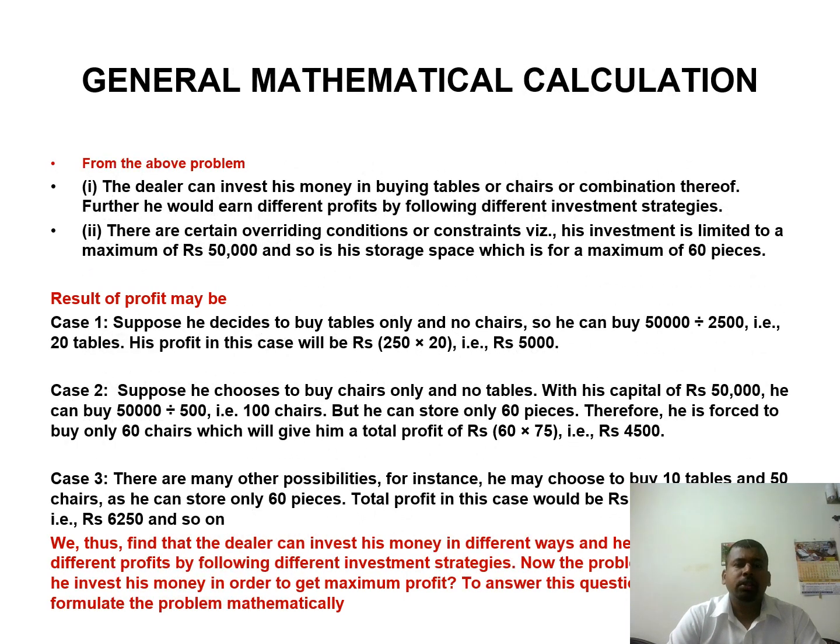From the previous slide, we know some hints have been given in that real-life situation. One is the investment given in the problem, that is 50,000. Second is the storage space, only 60 pieces. These are the two conditions given in the problem. Now we are going to find out what different situations arise as profit to the dealer. For example, if the dealer focuses only on tables and no chairs, the total